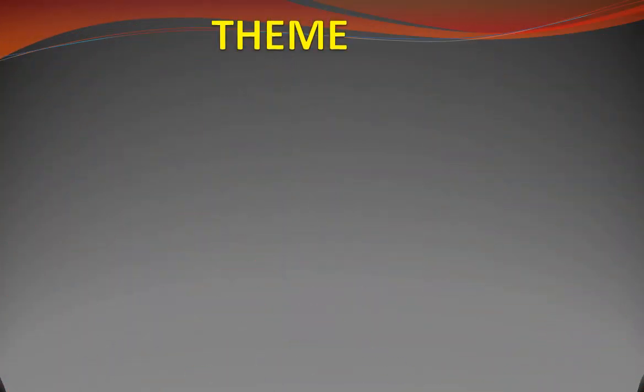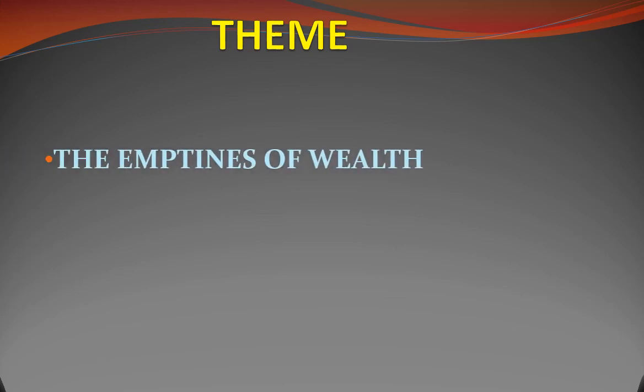Let us now go through the themes of the novel. The emptiness of wealth is the first theme in the novel. One of the strongest themes of The Sign of the Four is the shallowness of wealth and the destruction that can come through it. This theme arises again and again in the novel, as the Agra treasure directly and adversely affects almost everyone. Tonga is killed while fleeing with it, and Small is sentenced to life imprisonment.